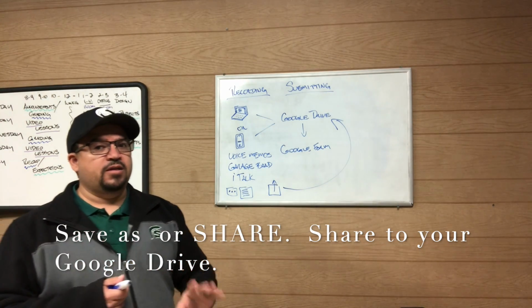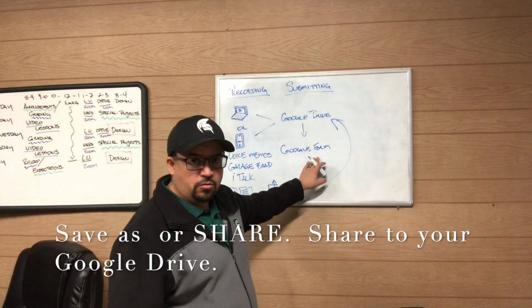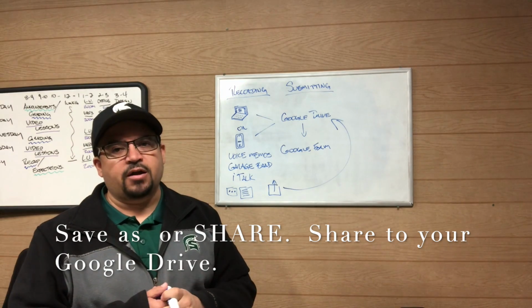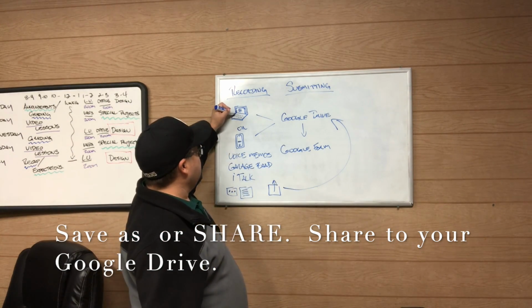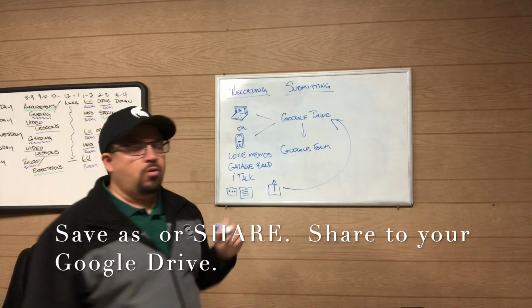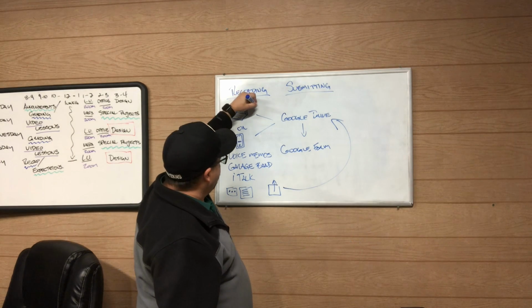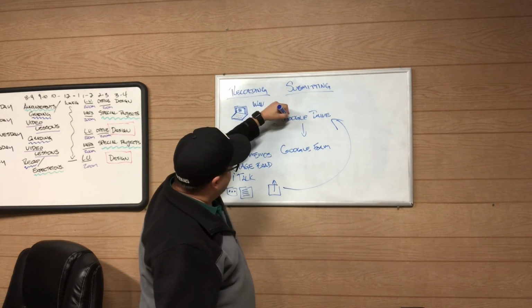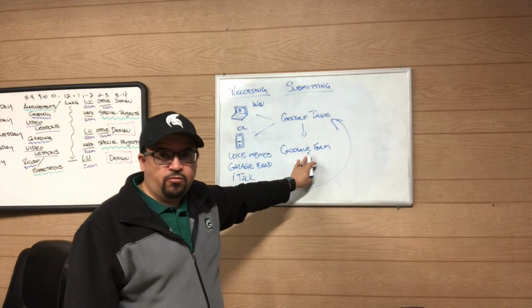And once you know where that file is, you can start thinking about how to get it to the Google form. Once you get to the Google form, it just makes my life a lot easier. So, once again, if you're using your laptop, whatever audio program you're saving it on, go ahead and save it as a wave. Save it to your Google Drive, and then submit it through the Google form that I assign